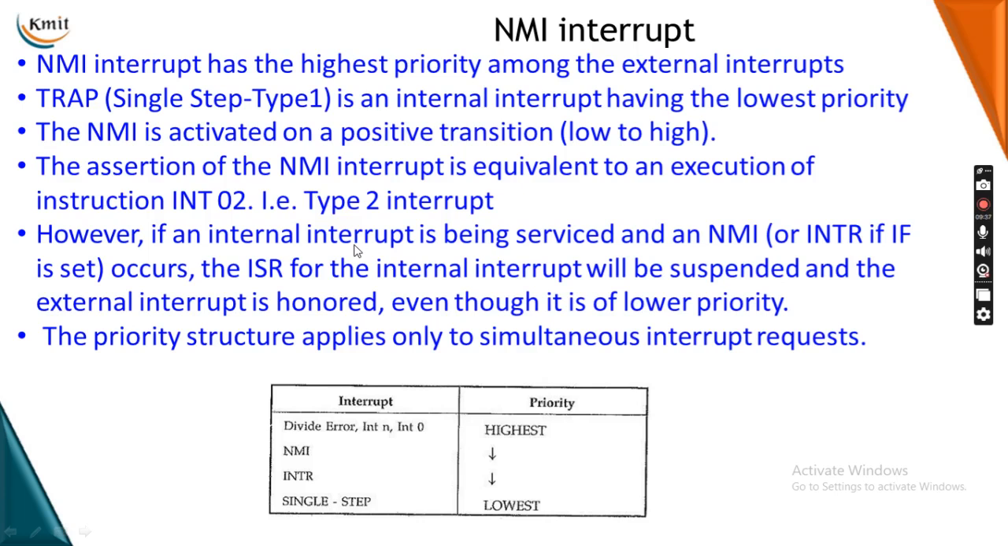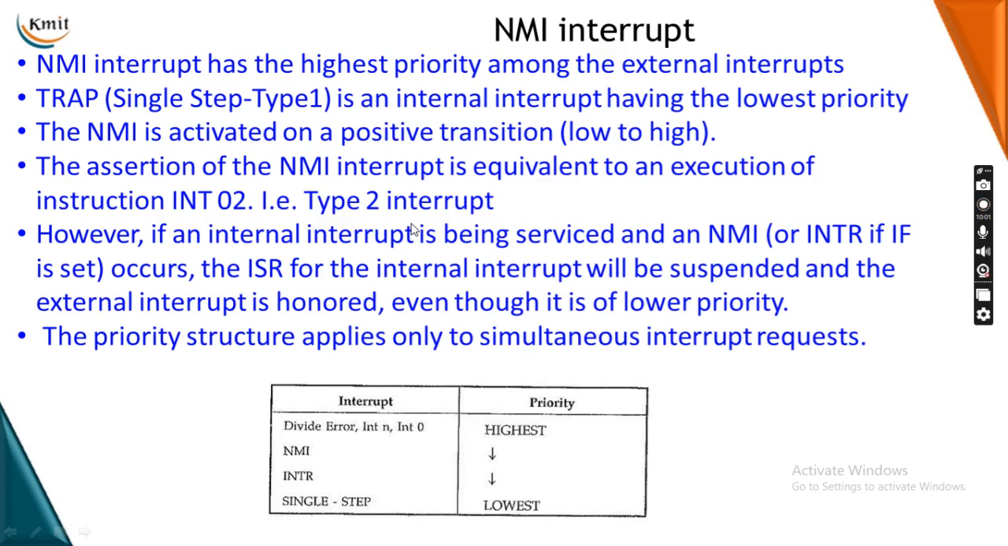Priority structure applies to simultaneous interrupt requests. So this is how the order goes, highest first: NMI, interrupt request, single step. So if we have a number of interrupts occurring, suppose for example we have a type 2, which is INT 02, so it will execute that instruction